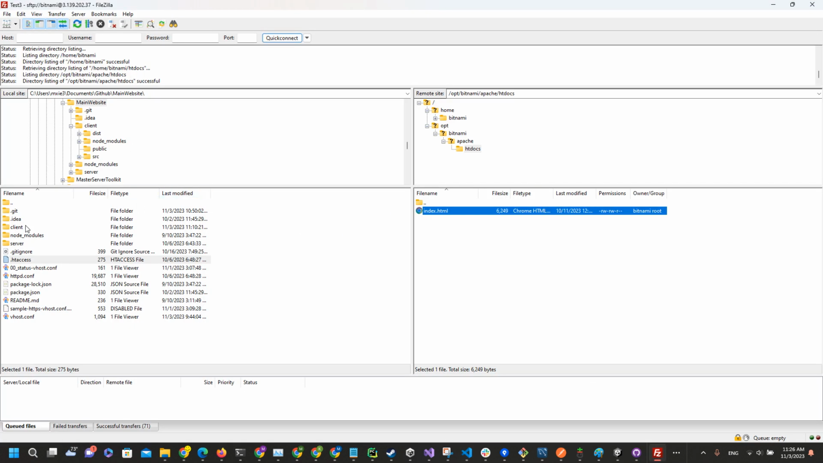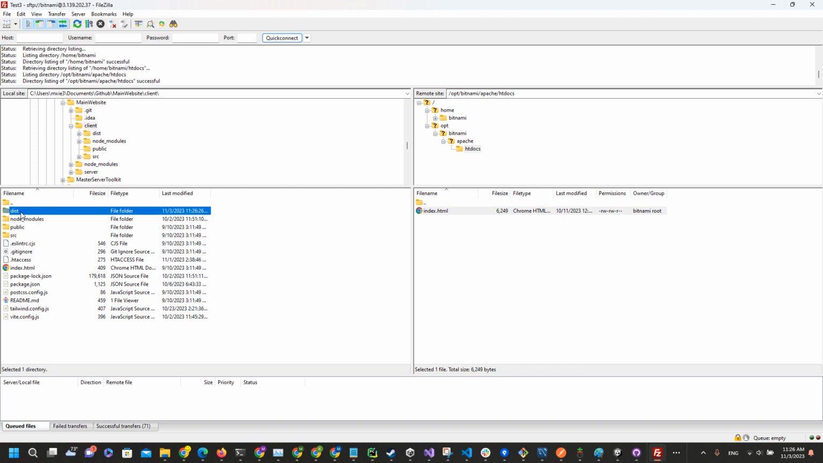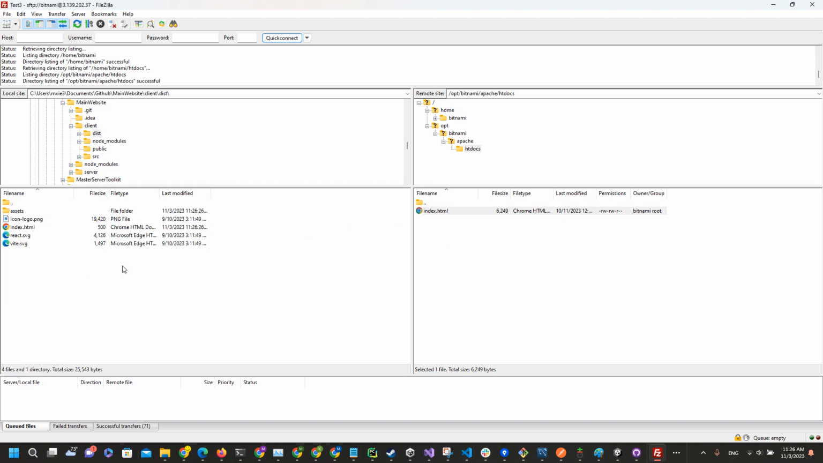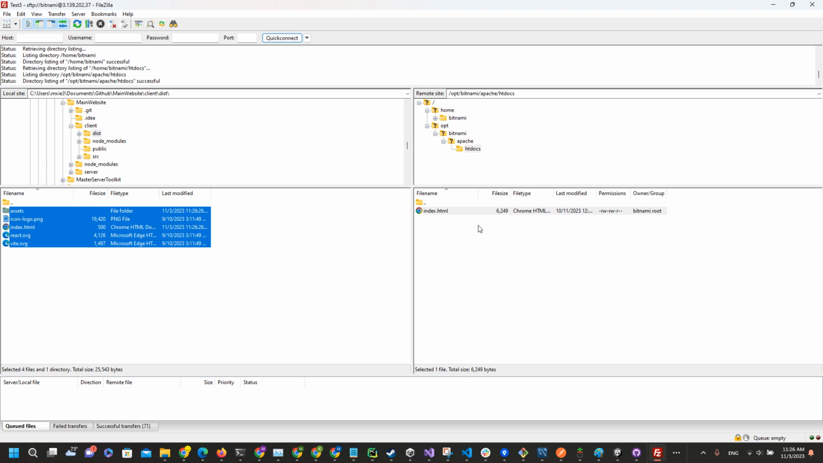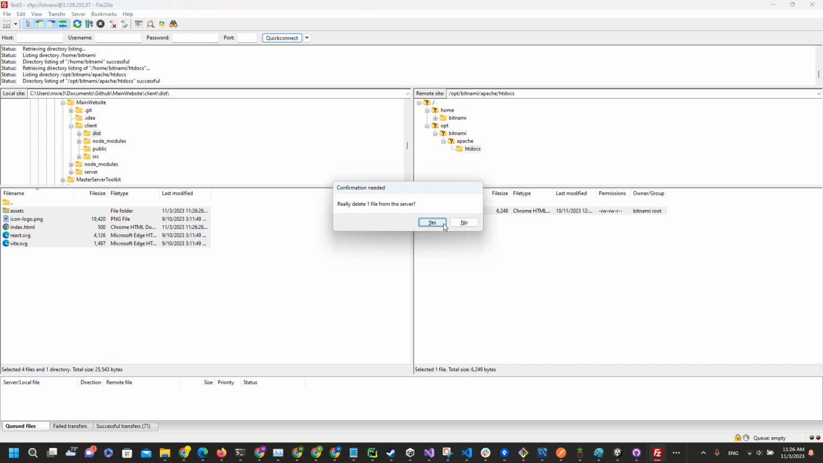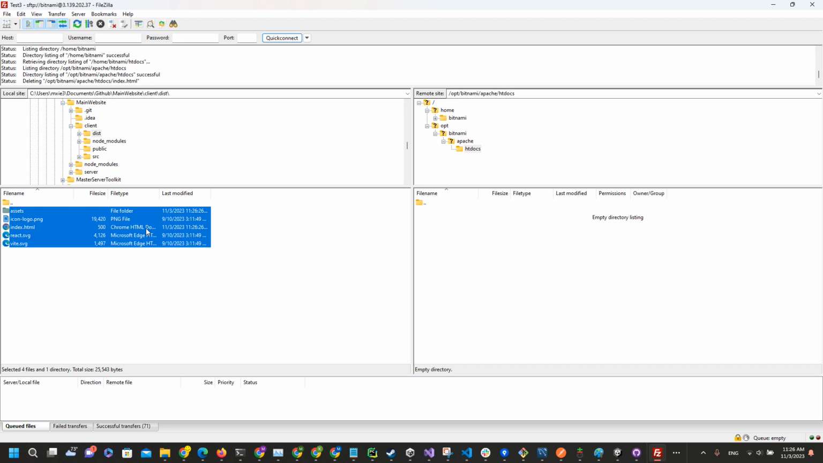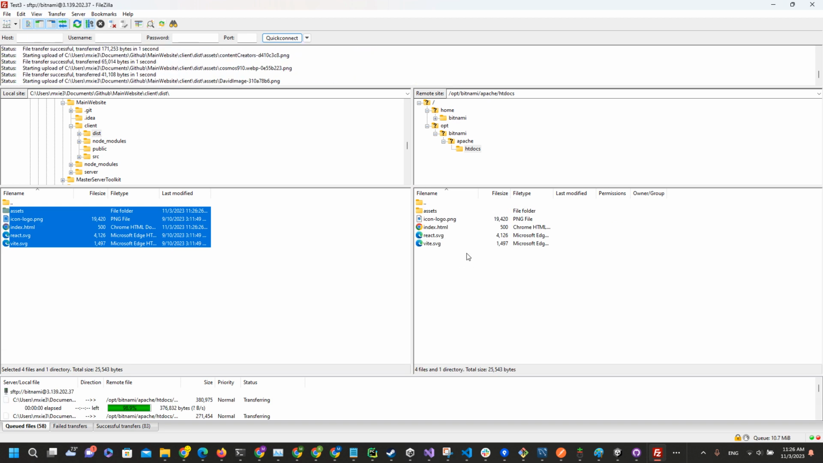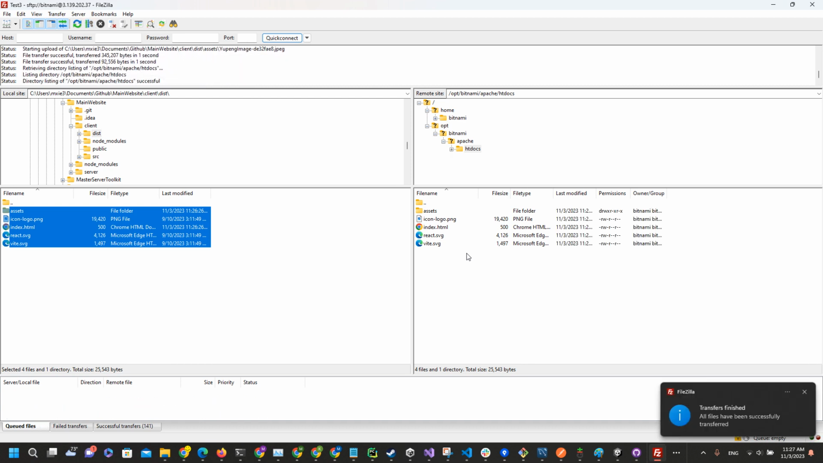So in FileZilla, go to clients, dist, and you can see here we need to move all of this over here to the bitnami. So we don't need this index. That's the default index. Yes, delete that. Then we can copy over the files via file transfer protocol to our AWS instance. Okay, once it's all copied,